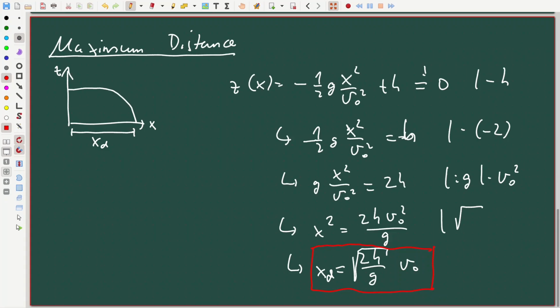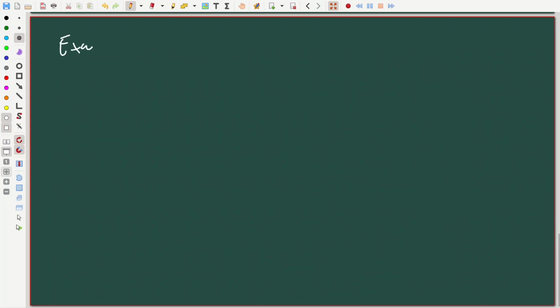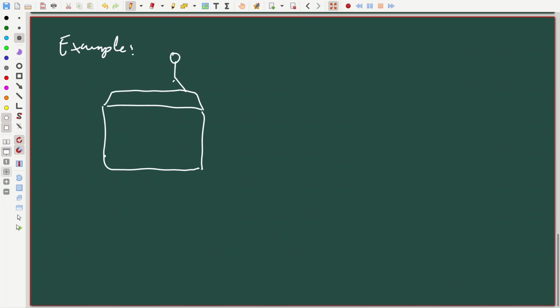And now we can also make an example. So let's suppose we have again a house. I think this is the easiest one which I can imagine. And somebody is standing here on the roof again, and he has an object in his hand which he then throws, and then we can see this half parabola shape of the trajectory. And we have an initial speed